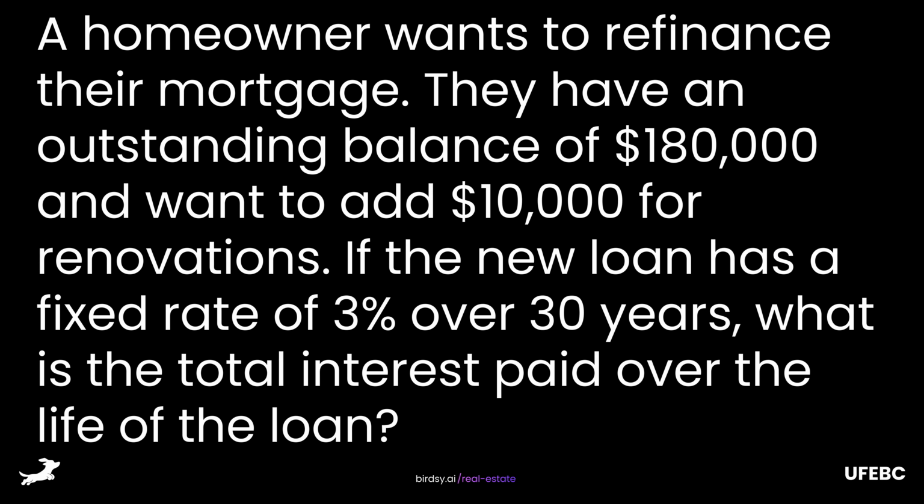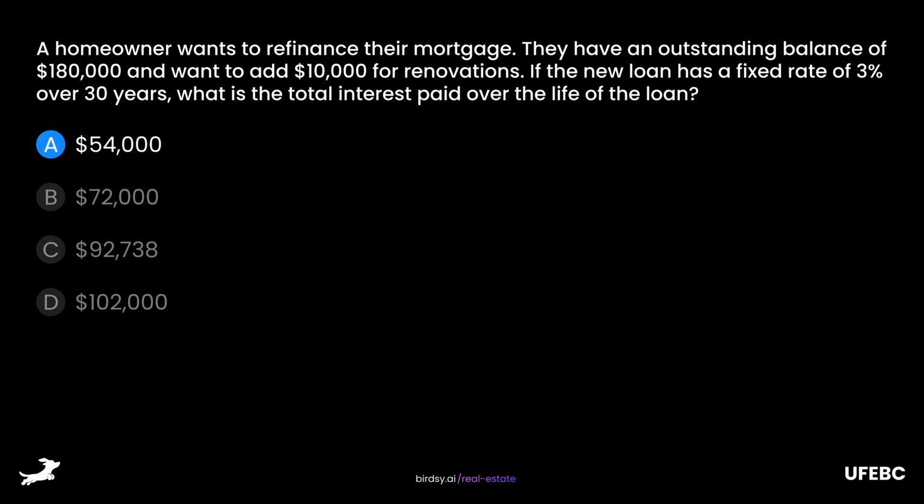A homeowner wants to refinance their mortgage. They have an outstanding balance of $180,000 and want to add $10,000 for renovations. If the new loan has a fixed rate of 3% over 30 years, what is the total interest paid over the life of the loan? Is it A, $54,000, B, $72,000, C, $92,038, or D, $102,000? The answer is C,